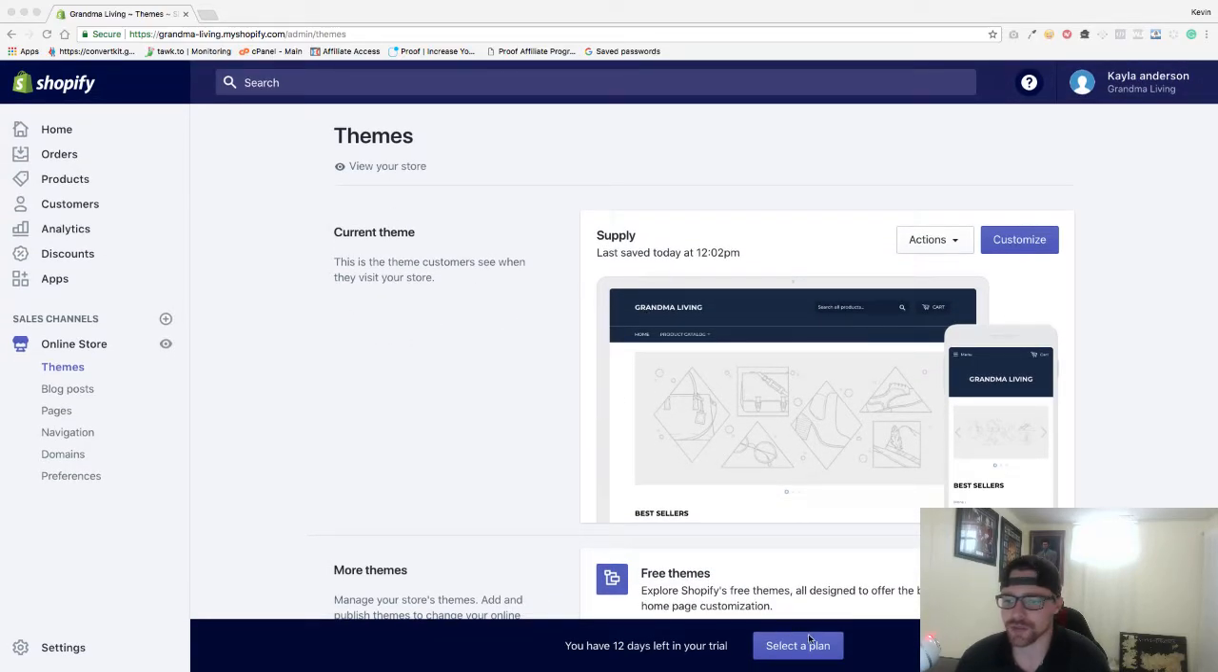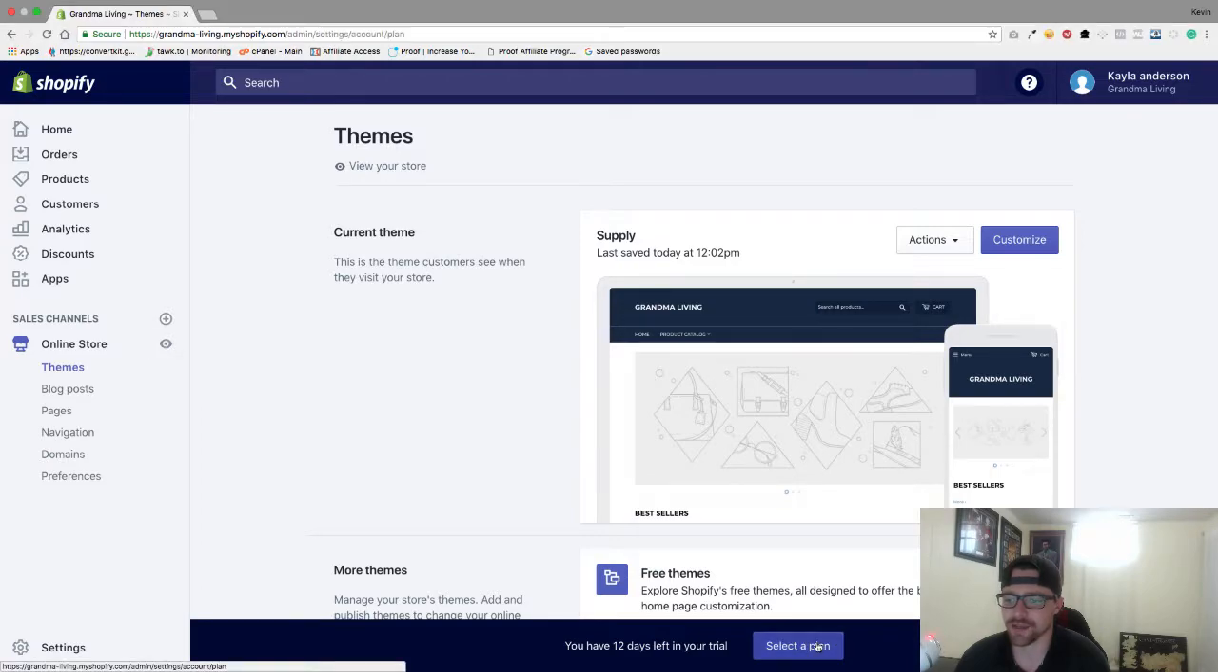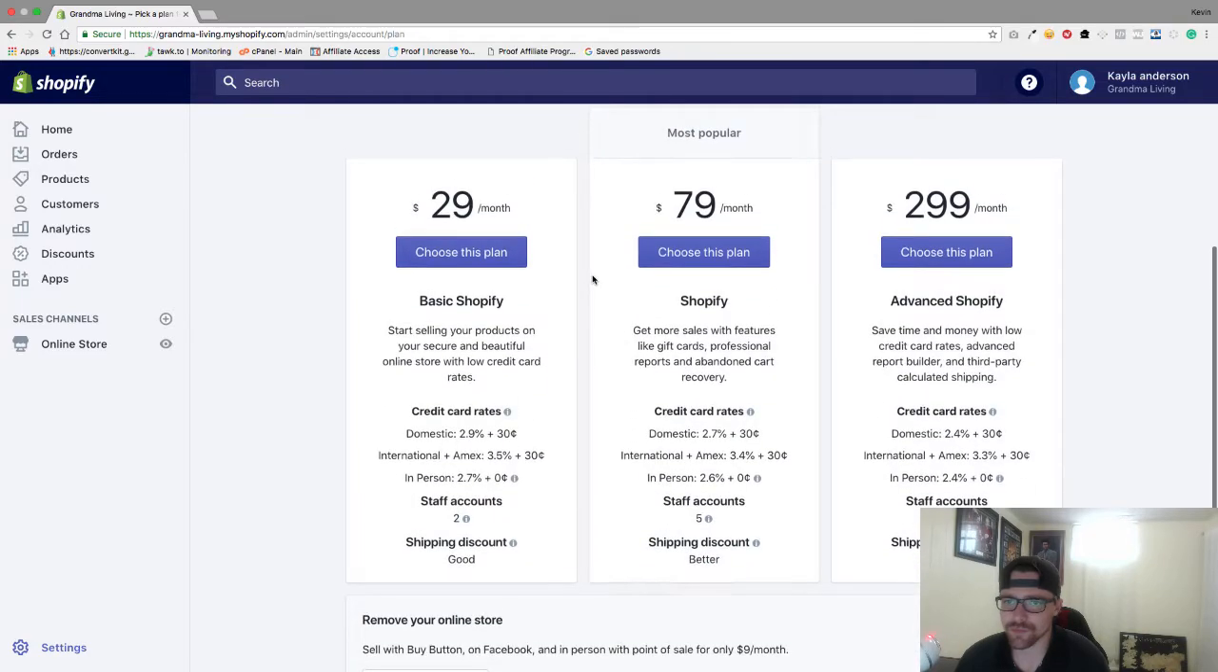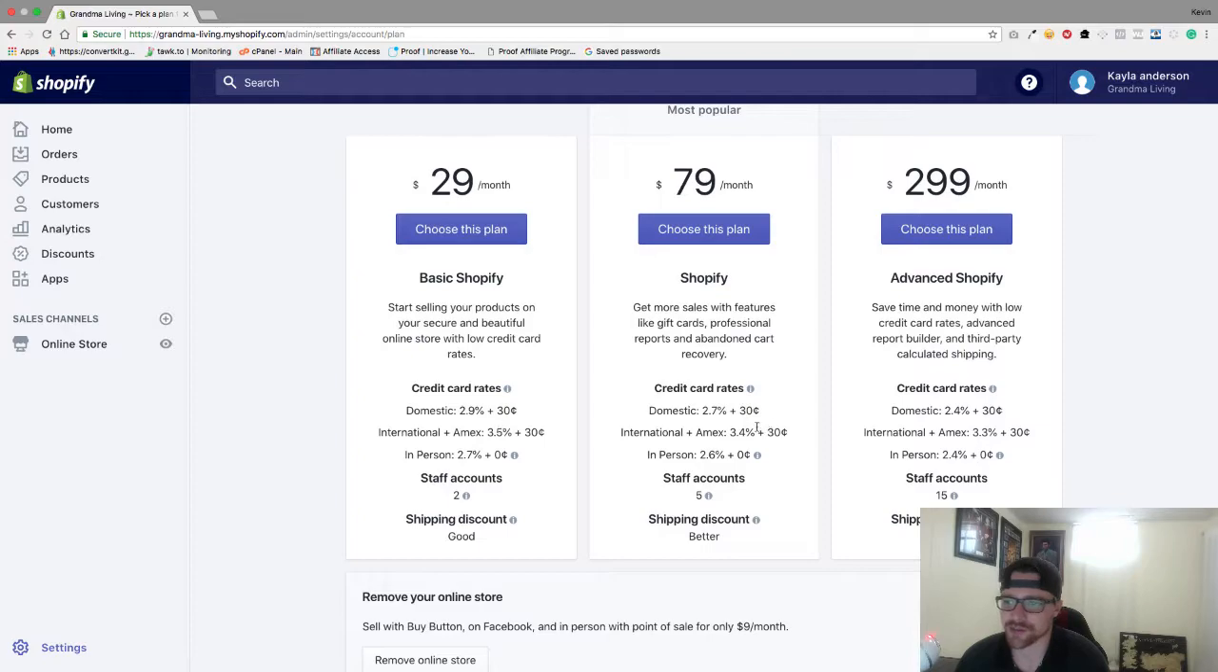So what we're going to do is we're going to go down here to select a plan, and this is going to make our site go live. So here is the three options, depending on what you're doing. As you can see, the percentage rates go down as you go to a higher plan. So of course everything else goes up as well. So like staff accounts, you get more. The plan is much better if you go with an expensive one,